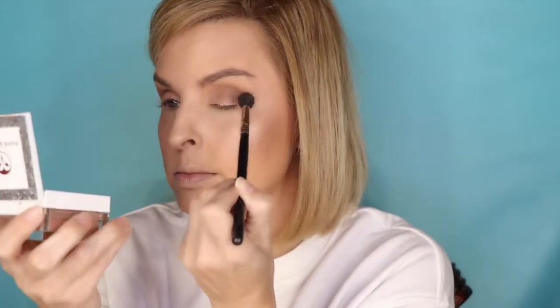You don't even have to put any product on here because there's product still a little bit left from when you used it before. And you just go right over the edges. It's going to help you blend out those harsh lines because we ain't got time for no harsh lines. So I'm going to go in with this brush and we're going to kind of wipe a little bit of that fallout away. And I go back in sometimes with the end of this brush, and I'm going to go back into